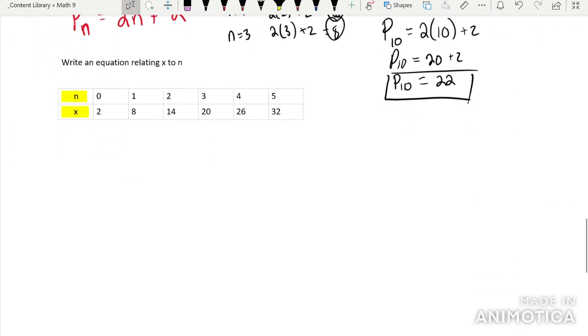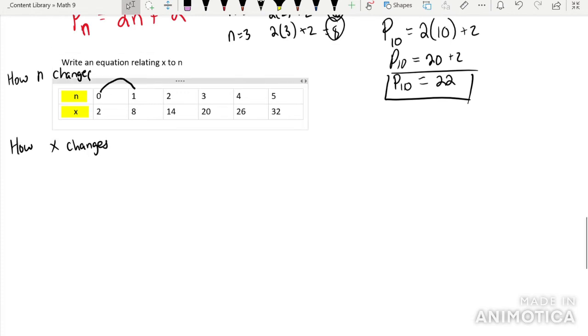All right. Well, second to last example, we want to write an equation relating x to n. So this is going to be actually a big bulk of our course. So I want to look at how n changes and how x changes. So I start at n equals 0, I go up by 1 to 2, I go up by 1 to 3, I go up by 1 to 4, and finally I go up by 1 to 5. So n changes by 1,